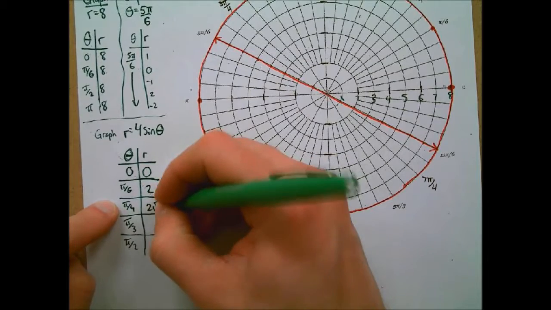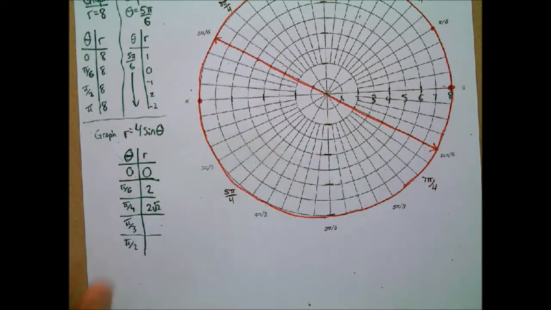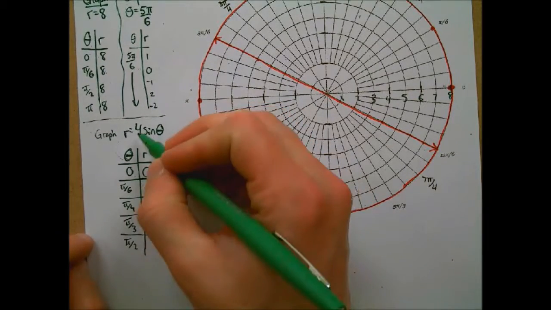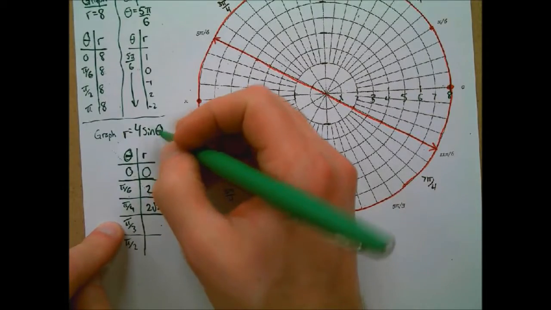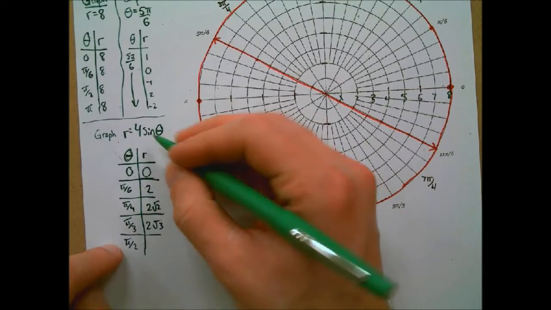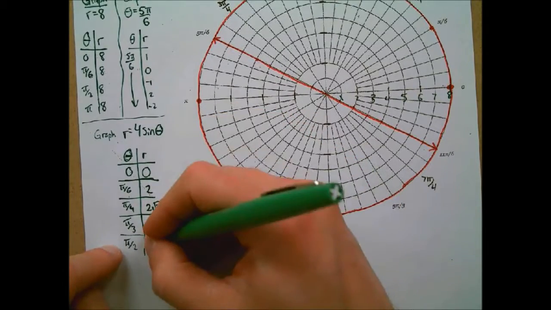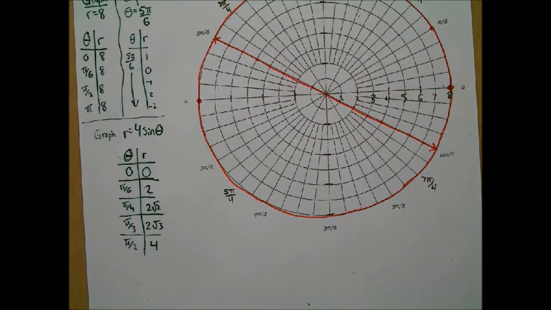Okay, do I have a decimal approximation there? I don't have a decimal approximation there. Sine of pi over 6 is 1/2 times 4 is 2. And then sine of pi over 3 is root 3 over 2, times 4 will be 2 root 3. And then pi over 2, sine of pi over 2 is 1, times 4, sorry, is 4. Okay, so you can see what's happening to our r values here as we rotate counterclockwise from 0 degrees